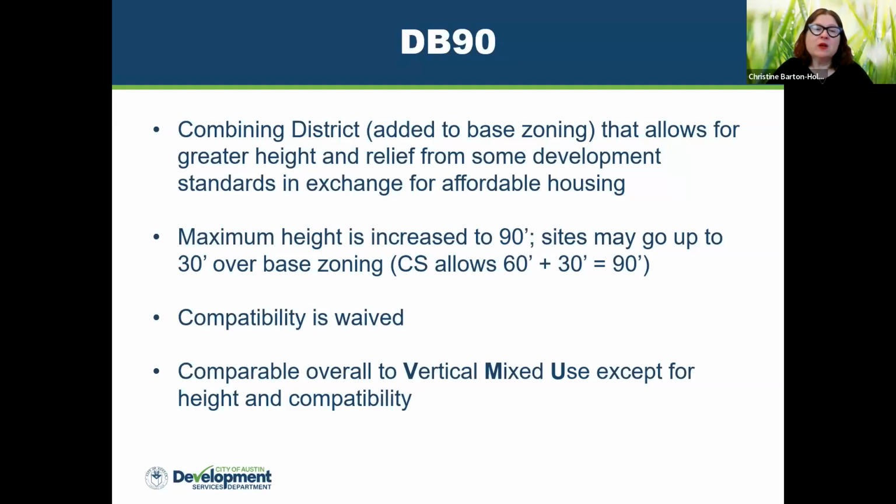Most of them are going to be located along pretty high traffic, high density corridors, so they don't have the compatibility that would apply. And they are pretty comparable to vertical mixed use in terms of the product that they produce, except for the height being allowed to be greater and compatibility. Vertical mixed use does still have compatibility.